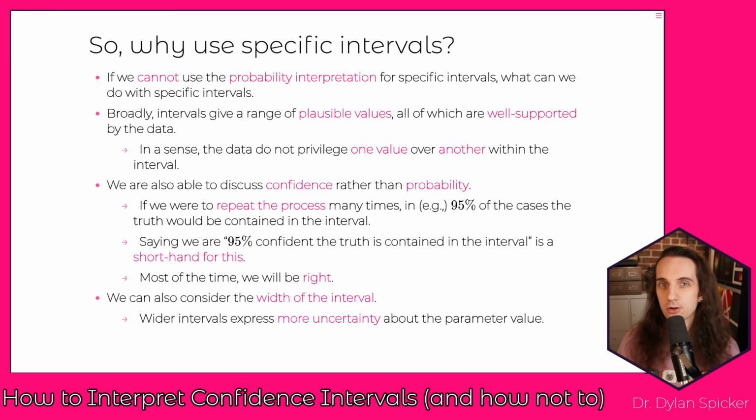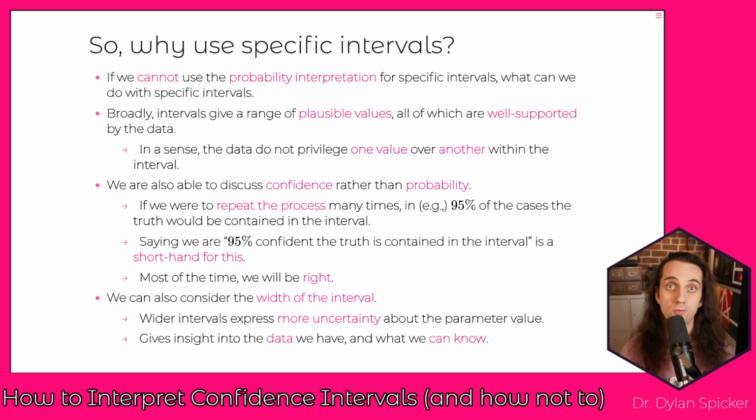But if you have a very narrow confidence interval, then you can be a lot more certain that the true value is somewhere around there. We can get a lot more precision. We can feel a lot more confident that that range contains the truth, that the data are of higher quality, that we have less variability, that it's an easier problem. Any of these types of conclusions. So it tells us both what the data look like, how much variability there is, but also what we can know from the data.